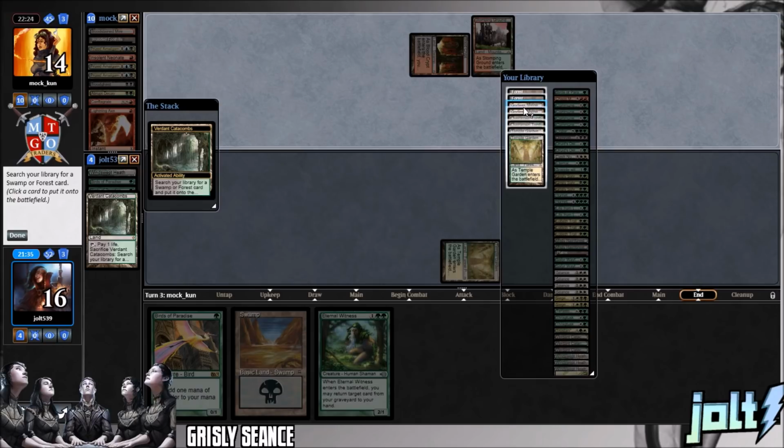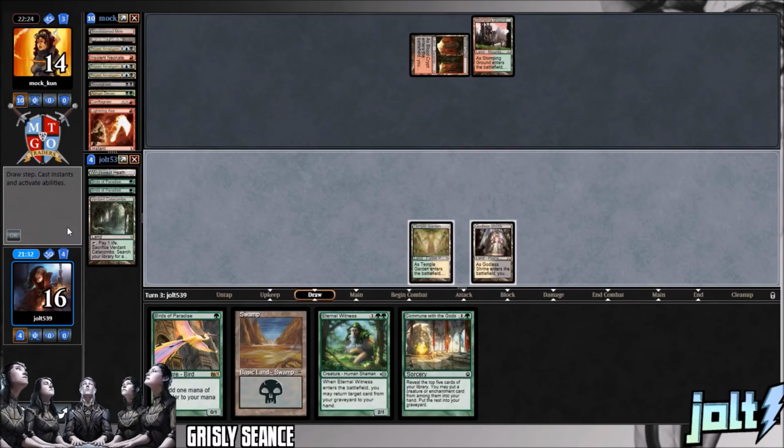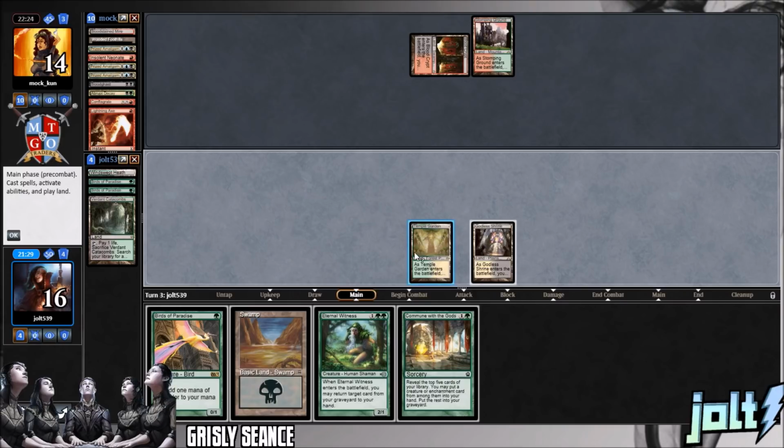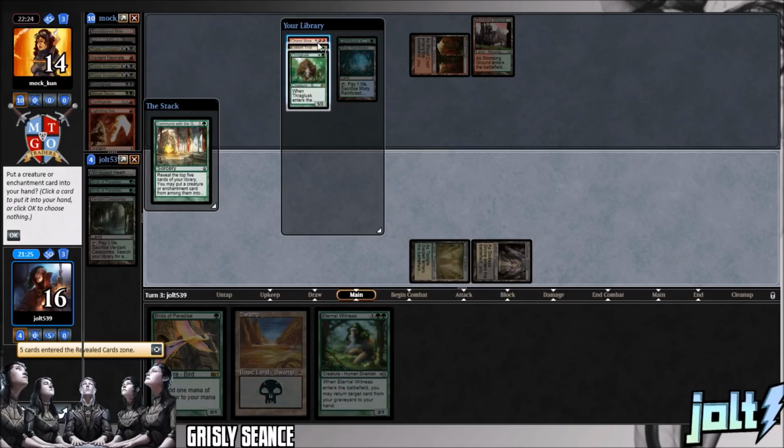Let's go to grab that Godless Shrine. That will be online for double white. Not going to pay 2 on this one. Nope. And we draw into Commune with the Gods. Exactly what we wanted. Let's go and cast it right now. And then we do hit...